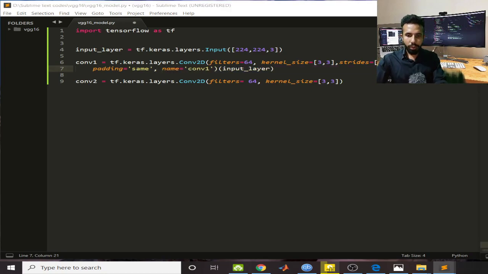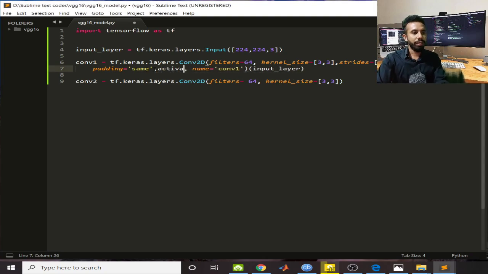Okay, so I have done padding, and then I can give an activation function out there. They have used the activation function of rectified linear unit, so I will be using that. Just use activation equal to rectified linear unit. So my input layer is passed through a conv layer, and I have given a name out there